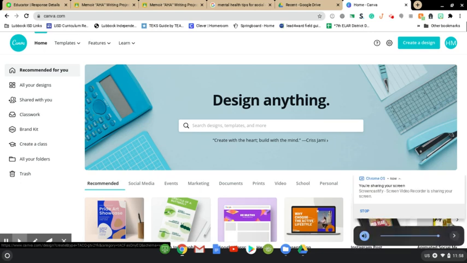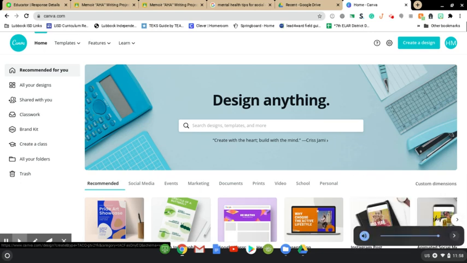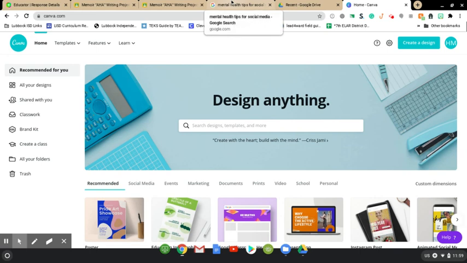Okay, so today we are going to be making a mental health poster associated with social media. So it can either be clean social media tips and tricks, or statistics about social media and mental health, or mental health tips for social media, something like that. So what you're going to be doing is making a poster in Canva to express